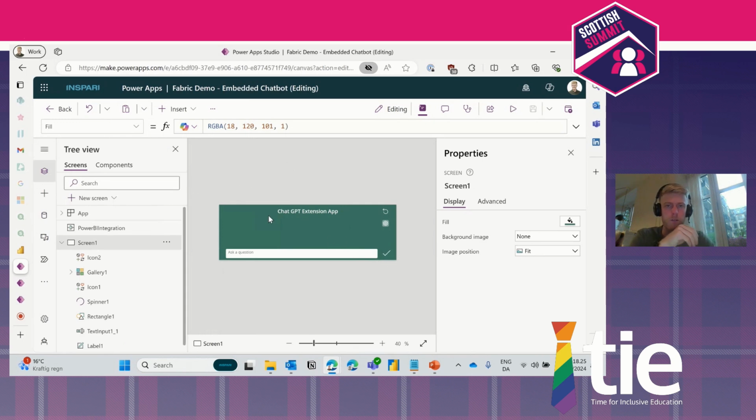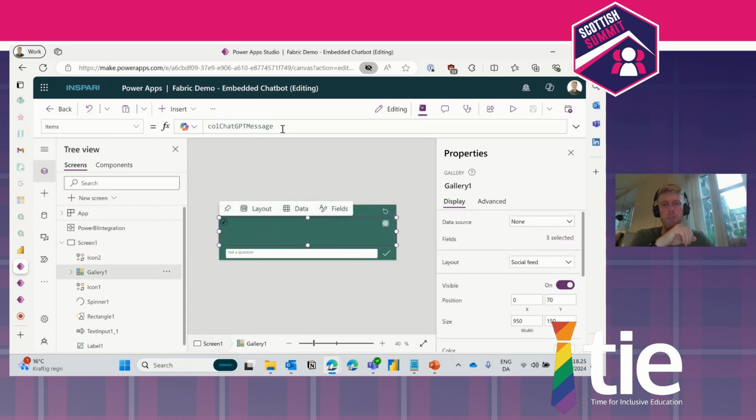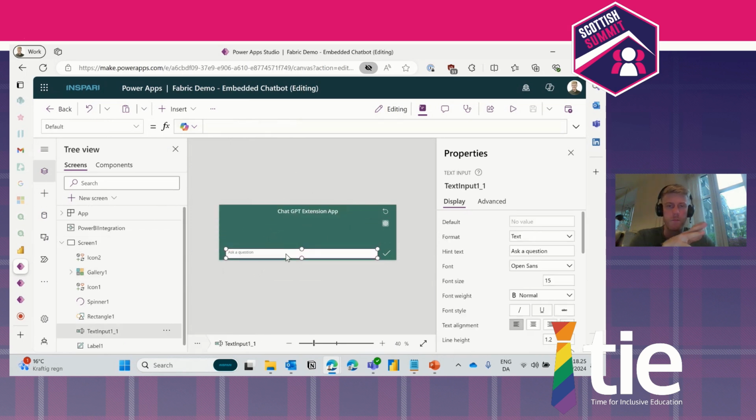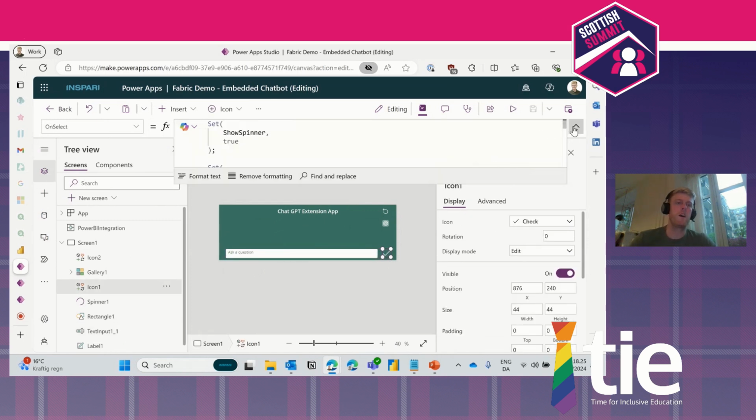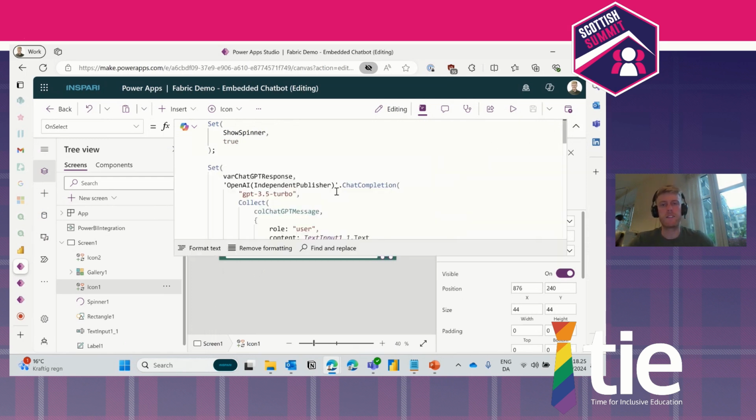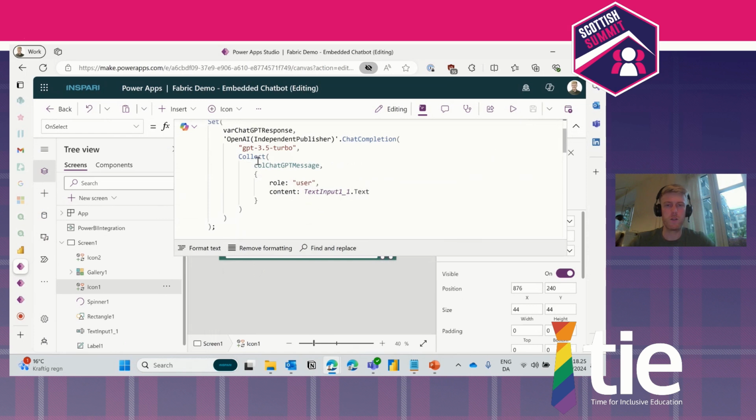So the way this works is that I have a gallery here, which I intend to use to display both the questions asked by the user and the answers coming back from the GPT model. Then I just have a simple text input used for asking questions, and I have an icon here used as a button to prompt the GPT model. So the way it works is that this looks a little bit complex, right? But basically, I am